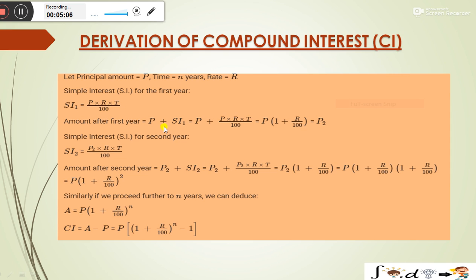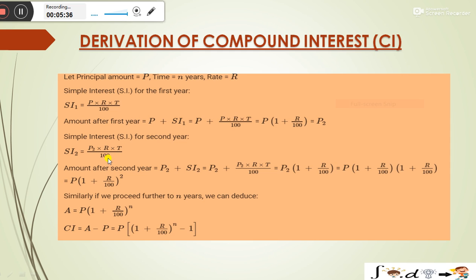The amount after the first year is principal plus simple interest after 1 year, that is equal to P2, and it becomes P into 1 plus R by 100. For the interest for the second year, यानी कि जो हमने ये अमाउंट आफ्टर फर्स्ट ईयर है P2, इसका हमने यूज किया P2 इंटू